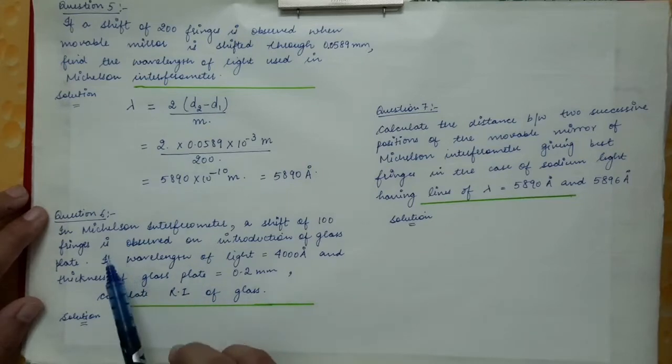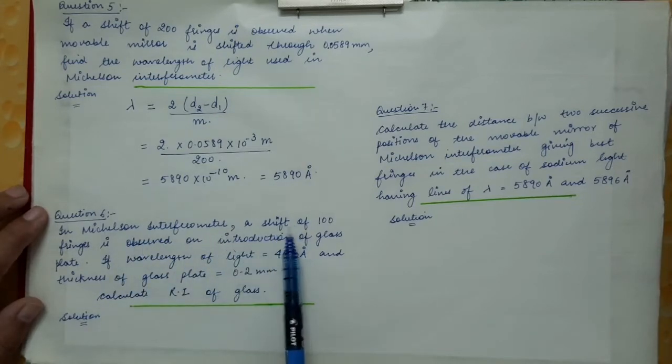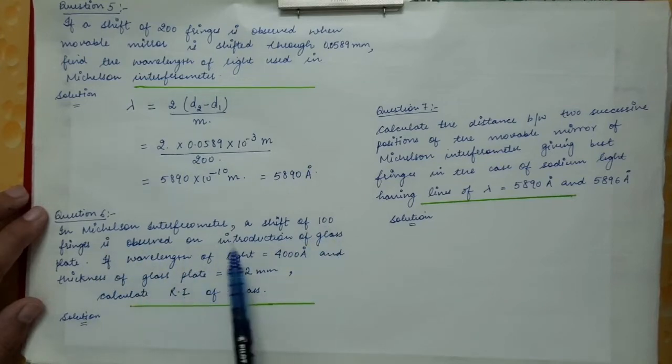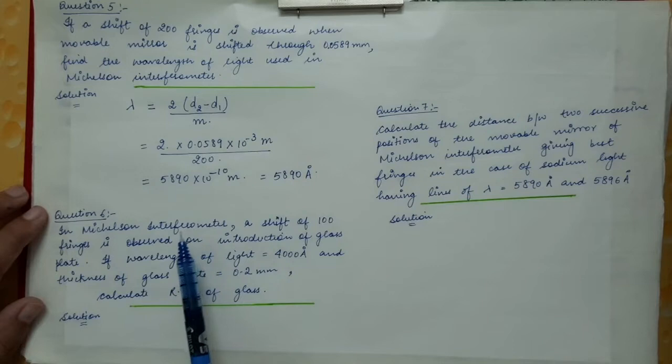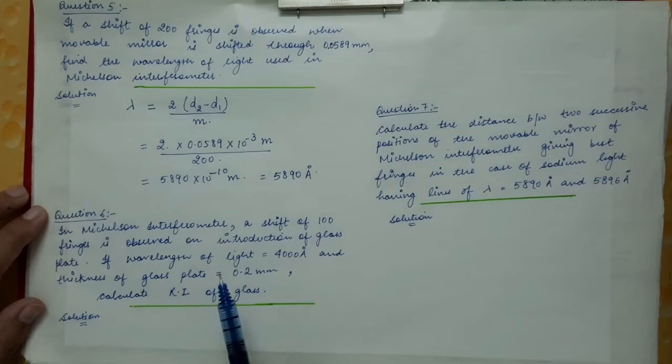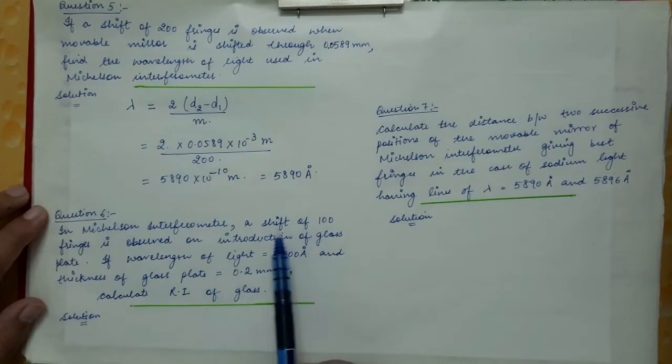Now the next numerical is that in Michelson interferometer, a shift of 100 fringes is observed on introduction of a glass plate. So this is also based on one of the applications that we had done, that Michelson interferometer helps us in finding the refractive index of the medium or refractive index of the plate which is introduced in the path of the light. And when a glass plate or any plate is introduced in the path of the light, the optical path of the light changes, and hence there is a shift of